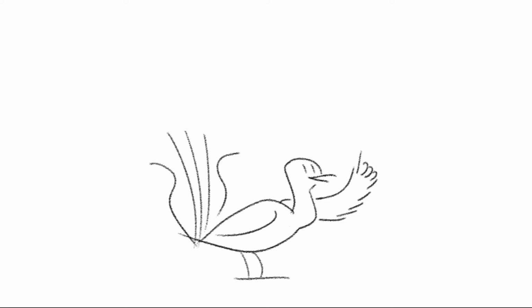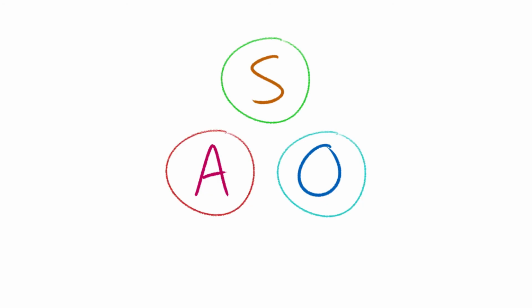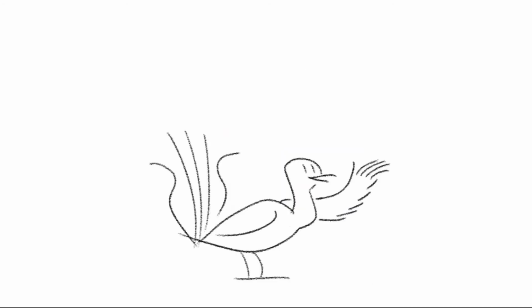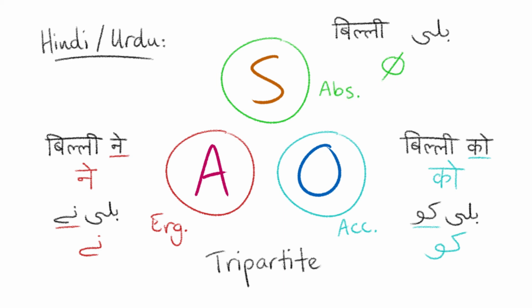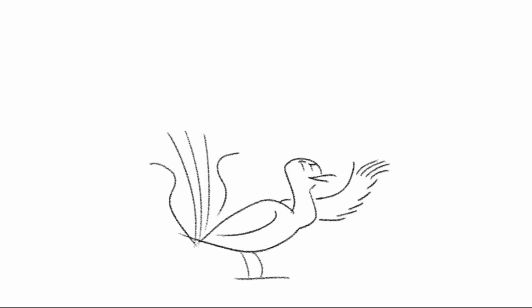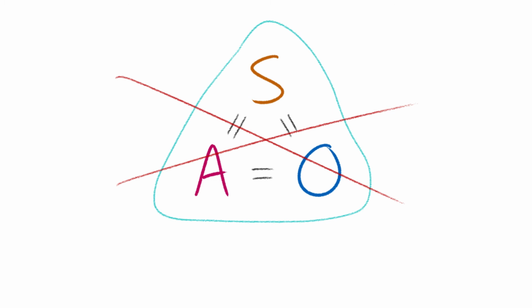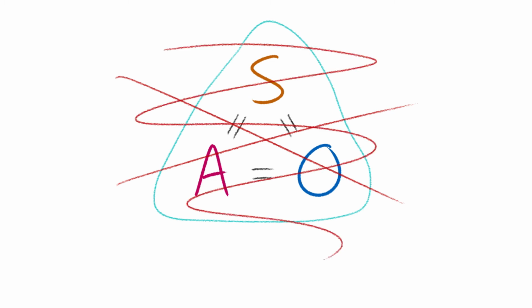It is also possible for a language to use 3 different cases for each grammatical role, creating what is known as tripartite alignment. Usually for tripartite languages, the agent and the object are marked for their own separate cases, typically the ergative and the accusative respectively, and the subject is treated as the bare form with the absolutive case. And it is of course possible for a language to mark all the grammatical roles in exactly the same way. In other words, they don't have any cases for the subject, agent, or object at all, and they probably just